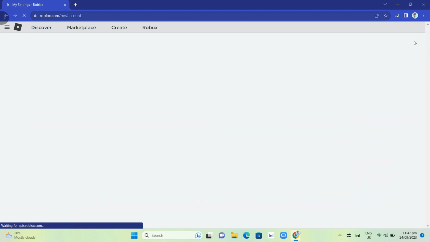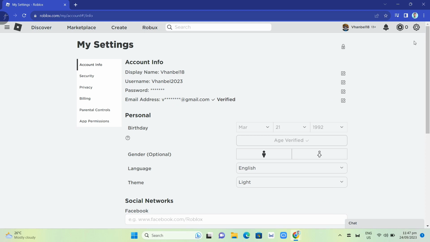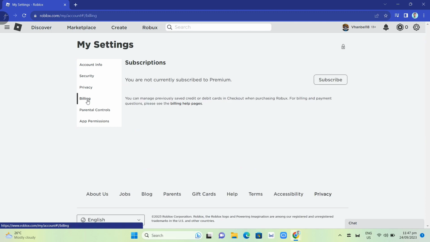And then you will find here your settings, and then you just need to find the billing option. So we just need to hover your mouse and click on billing here. And as you can see, I have not currently subscribed to premium, but if you are already subscribed to the Roblox premium, you'll find the payment methods here, and you just have to tap or click on that change